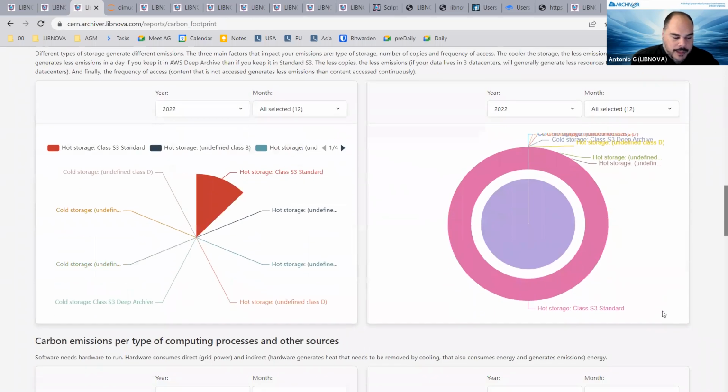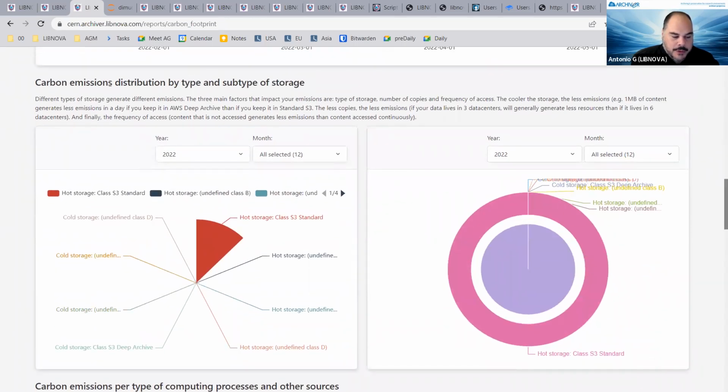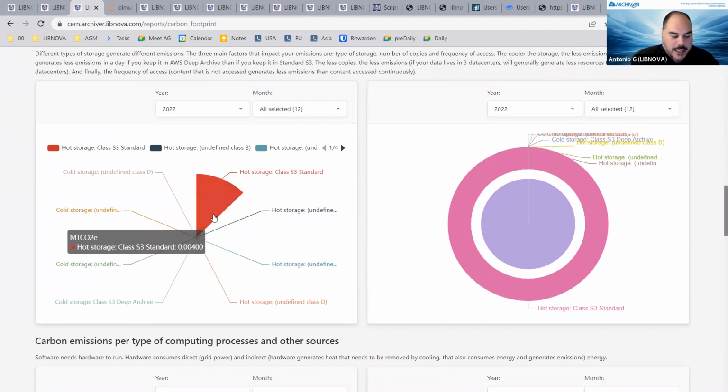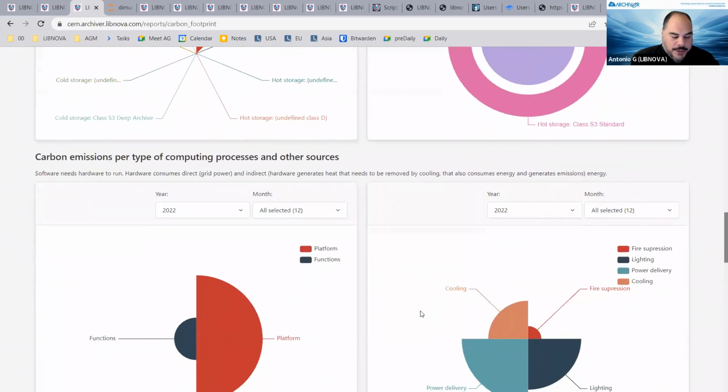You have also the distribution of the emissions depending on the type and subtype of storage you are using in the platform. The S3, hot S3, it is creating way more emissions than Deep Archive, right? So if you would also like to reduce the emissions in the platform, Deep Archive is a good way to do so. So here you have the outcome of this, as we are only using hot storage. This is the main source of